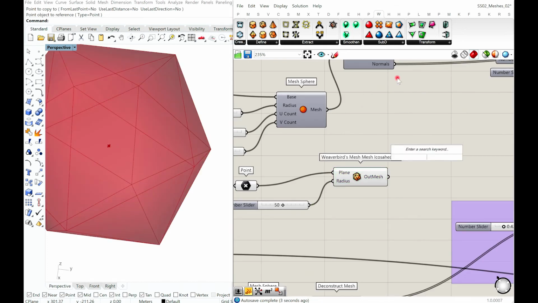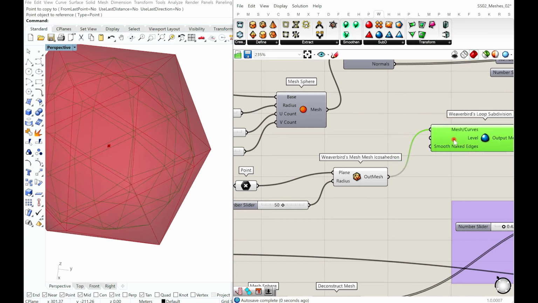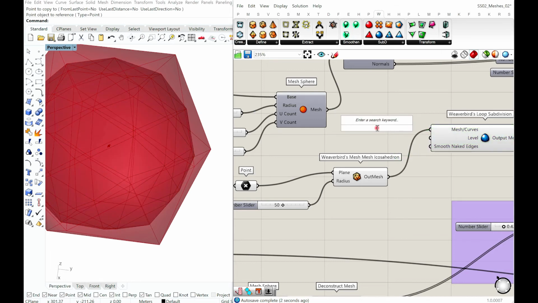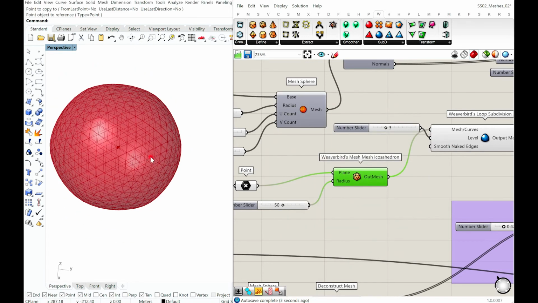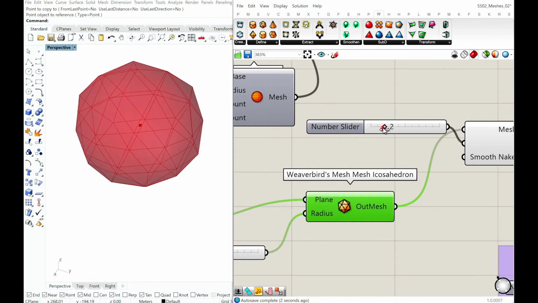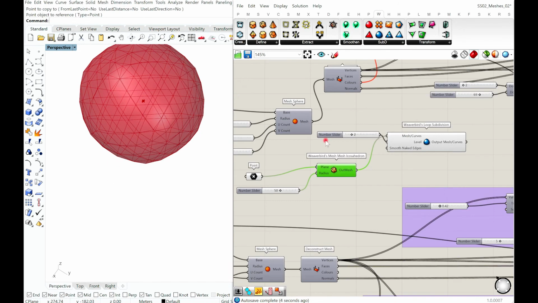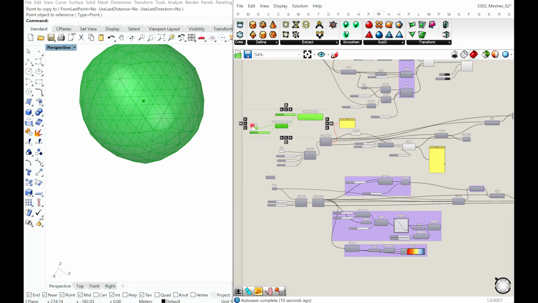And I can smoothen this as well, as an icosahedron. So just by using a basic mesh and smoothing it, you can do a variety of things. I'll put that on the side.